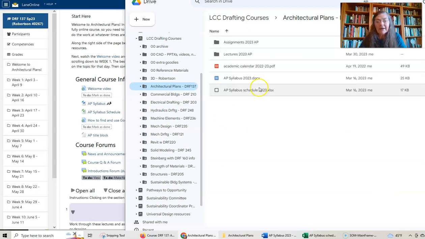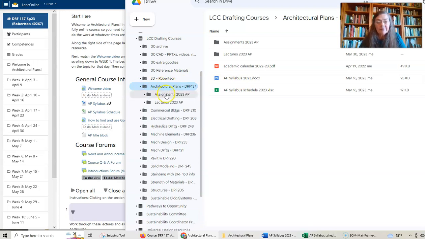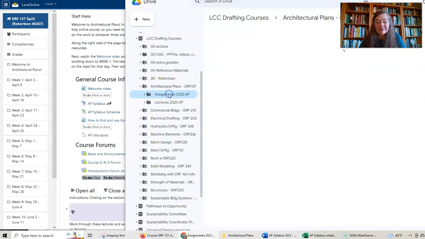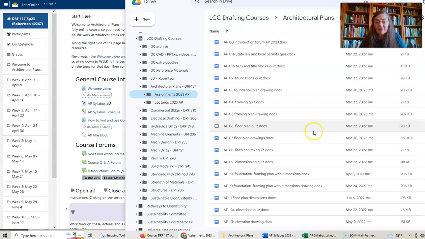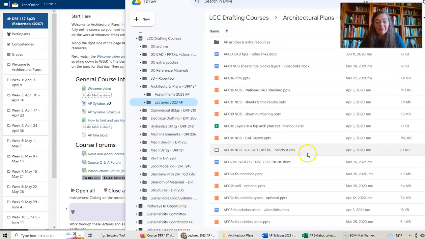And if I click on that, there's the syllabus and syllabus schedule. And if I click the down arrow, whoop, there's the assignments, and they all show up. And there are the lectures, they all show up. Here are the PowerPoints. Here are Word documents that give you links to those videos. Here are the handouts. The reason you care about this is because once the term is done, you will not